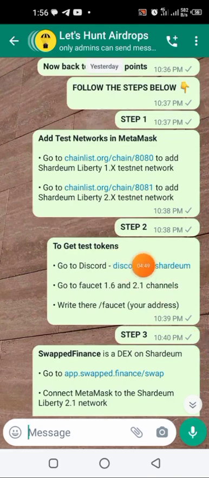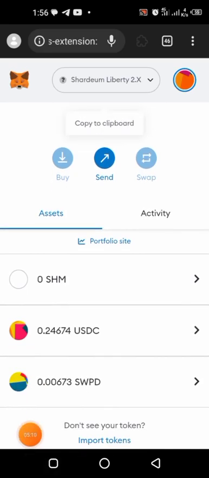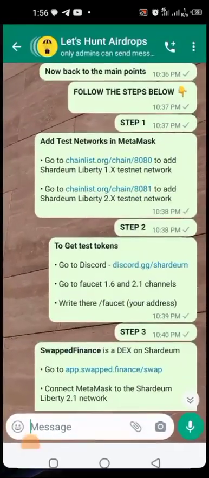Can you see it's very straightforward? So now step 2. Step 2 will help us in getting some amount of SHM. As you can see here, we have 24 in our balance. How can we claim some SHM now? Just copy your address here. Copy it. After you copy it, just minimize and go to